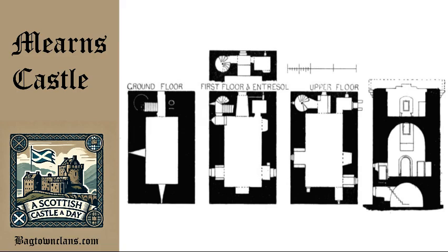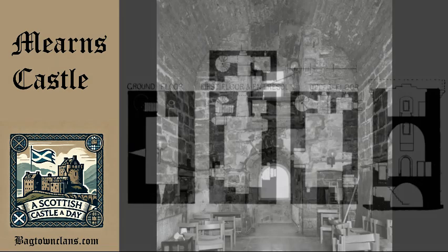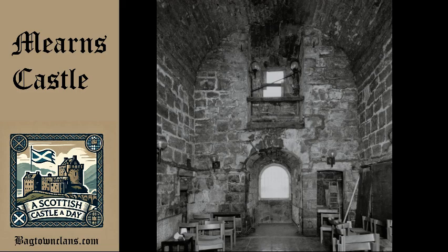The lower sections of the walls are built from rough rubble masonry, typical of early Scottish castles, while the upper walls are made from finely cut ashlar blocks, indicating that the tower might have been constructed on the foundations of an even older building. One of the most interesting features of Mearns Castle is its now sealed arched main entrance,